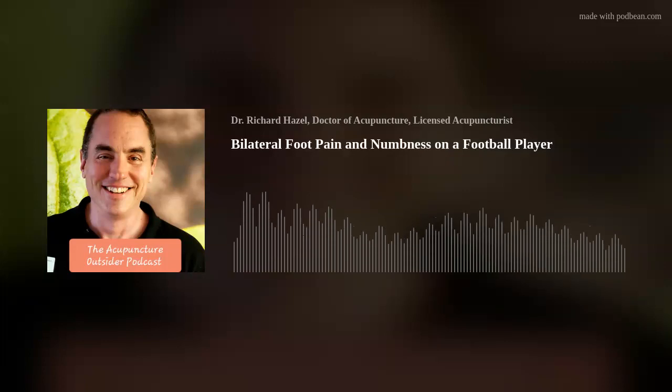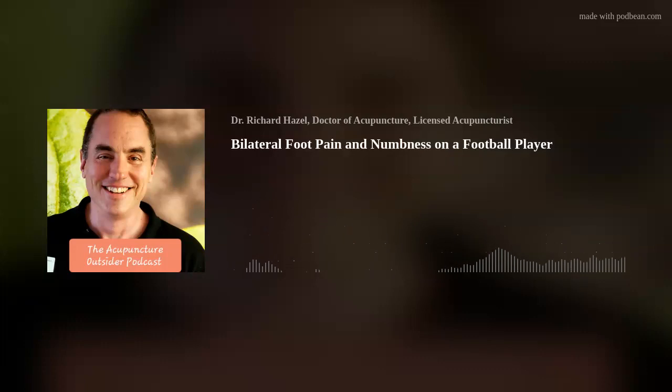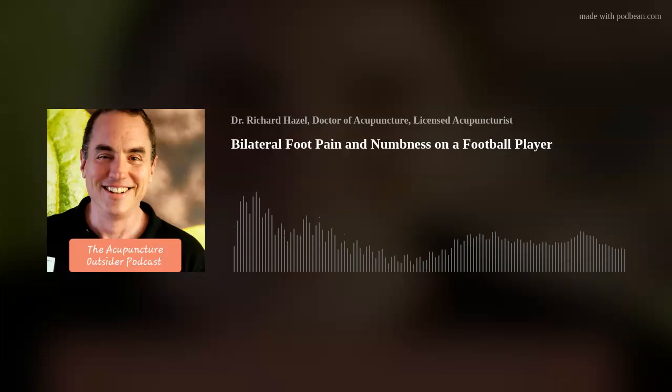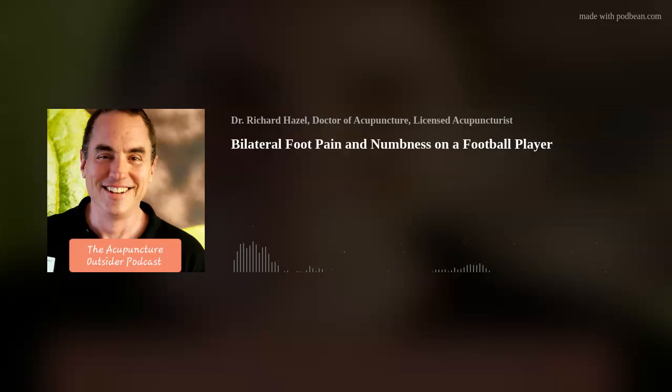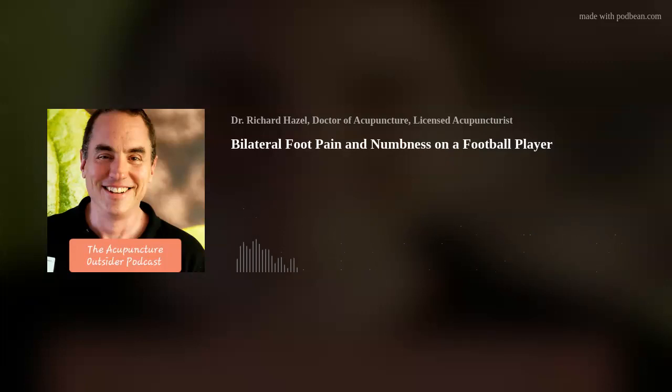But anyway, I'm also thinking about blood flow. So I'm thinking about gastroc, soleus, things like that. Those were a given. Those had been treated regularly. But after maybe not getting treatment for 3 or 4 weeks, this had really progressed and become not just foot pain again, but now plantar numbness, especially in the morning. So I wanted to talk to you about what I went through to treat it.